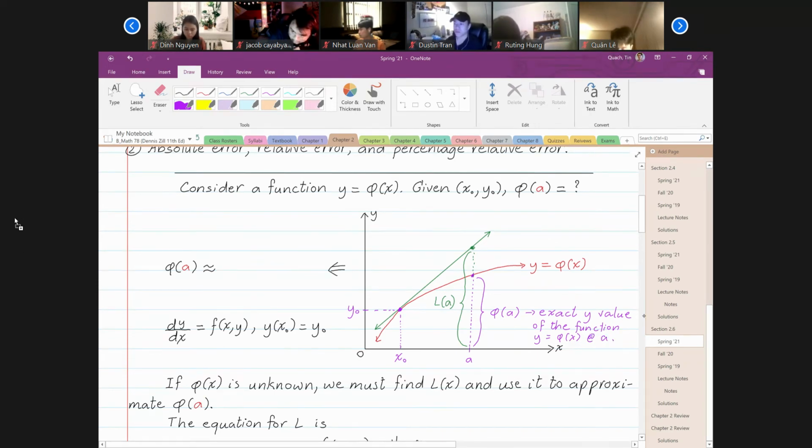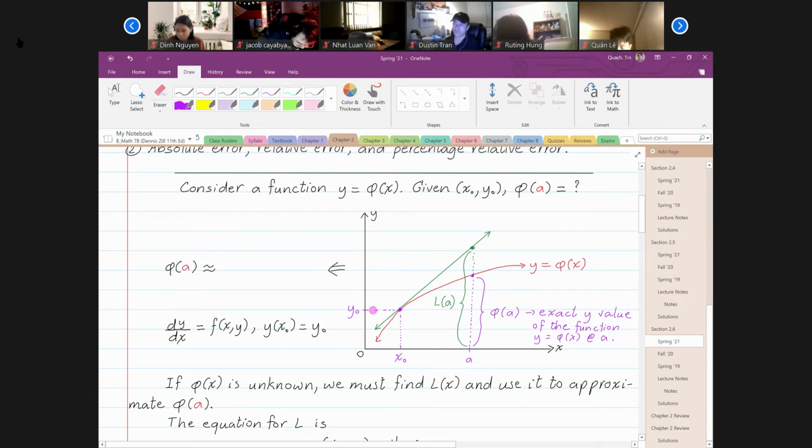That is the exact value. But like I said, in real life, we might not be able to solve this differential equation to get the function. So there's no way you can plug a into the function to find out what the y value is, right? So that's not realistic in real life. So one way to get that y value is by estimating. So how do you estimate that y value? All right, you can estimate the y value by using the tangent line